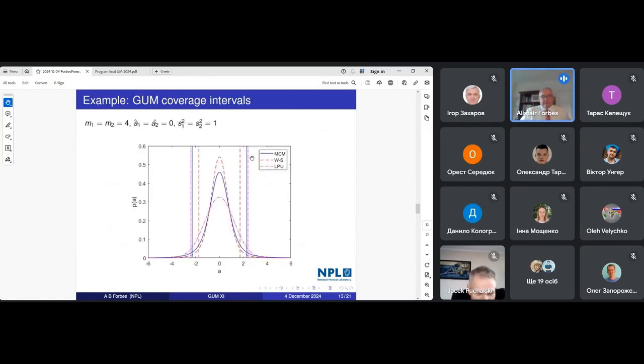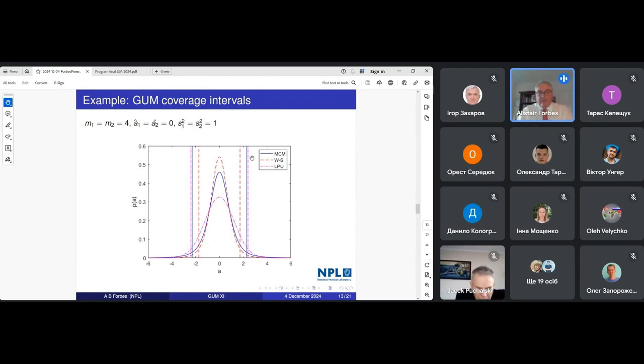And these are the sort of coverage intervals we get with the different GUM methodologies for the case where we've got 4 repeated measurements. Arbitrarily, we have the estimates are 0 and all the standard deviations are 1. We find that the MCM approach gives us coverage intervals, confidence intervals, that are much larger than that given by the well-satisfied approach. The GUM approach, where we assign a normal to the output distribution, is very similar to the Monte Carlo approach, quite close. But the well-satisfied is significantly different. So we're talking about a coverage interval of plus or minus 1.7 for well-satisfied compared to about 2.4 for the